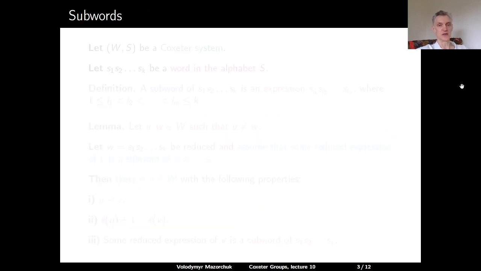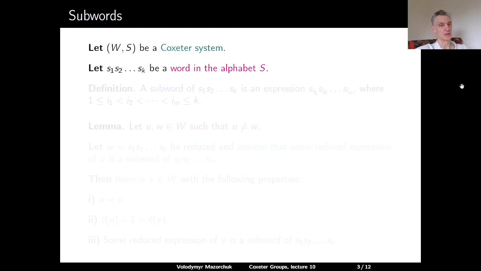Now let's talk about subwords. So let (W, S) be a Coxeter system, and consider some word in the alphabet S. So the word is s1, s2, and so on, sk. We interpret this word as a product of the corresponding elements in S. So each word can be associated with an element in W, but each element in W can be represented by many different words. So, definition: a subword of this word s1, s2, and so on, sk, is an expression